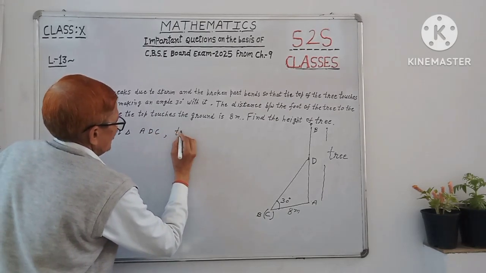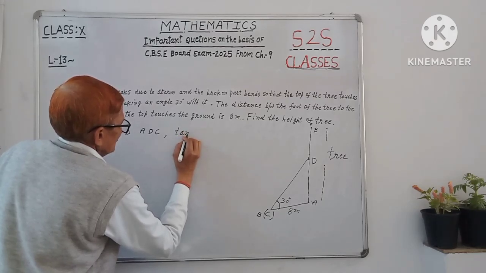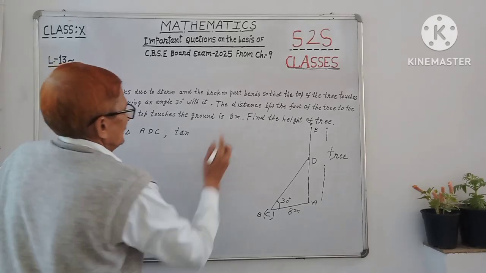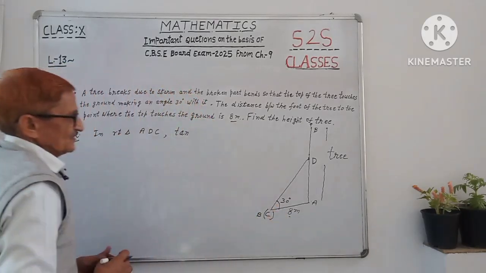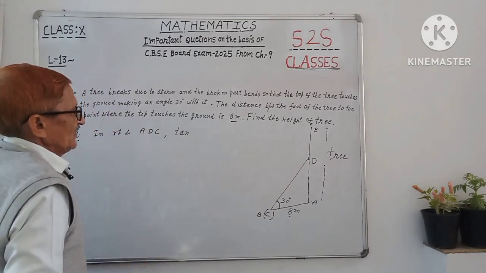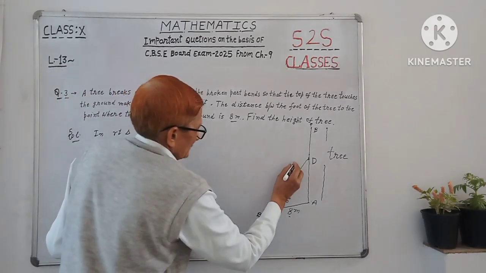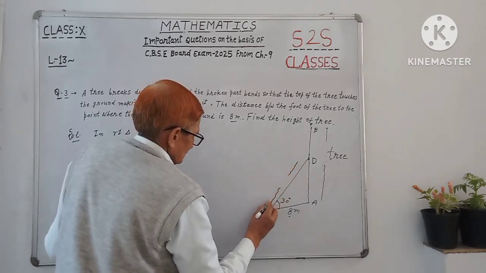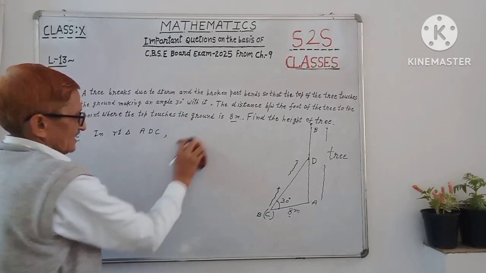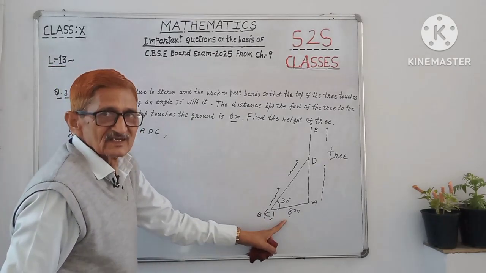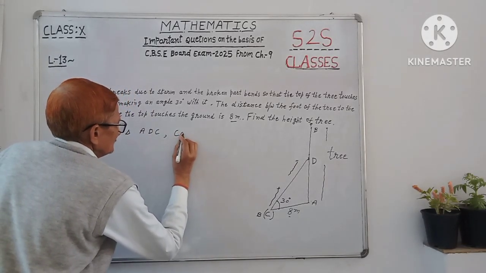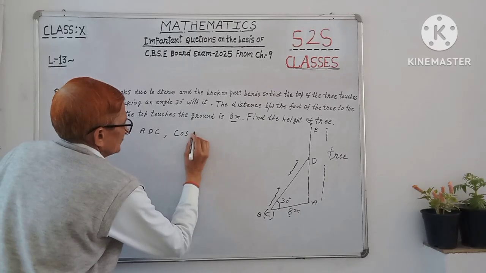tan of 30 degree, if you want to take, but here you have 8 meter this distance. So then you can find this full one. Okay? And you have to find here the height of the tree. Means you have to find this hypotenuse. So then you should take the hypotenuse and the given side, one adjacent, then cos. So we can take cos of 30 degree.